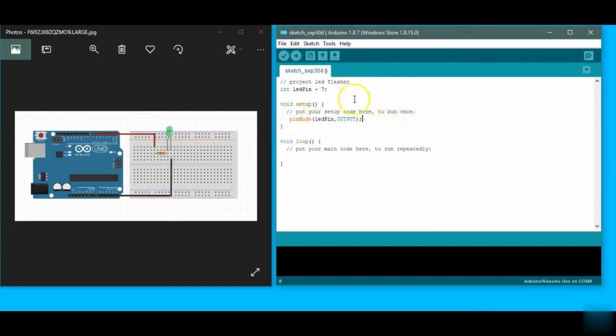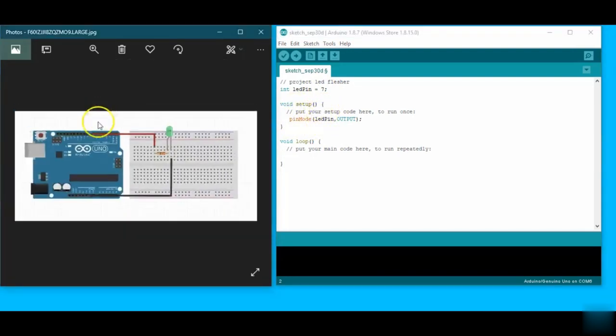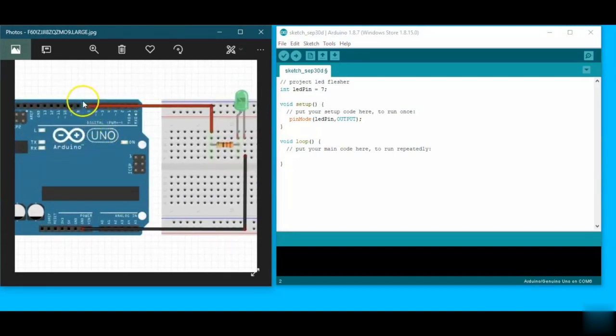First of all, we have declared that we are using pinMode, which is a keyword here, meaning we are using a pin, and then LED pin. LED pin is the variable that has the value 7. It means that in the Arduino we are using this particular pin number 7, and we are using it as an output, meaning we are giving output. There are two options here, input and output. Input is when we have to read anything from the pin, and when we have to provide energy or power or any signal, then we use output.